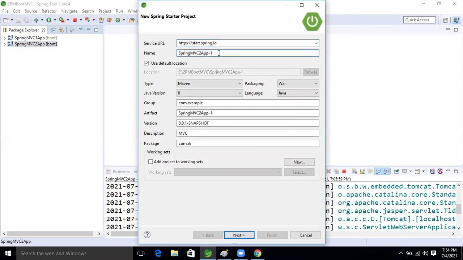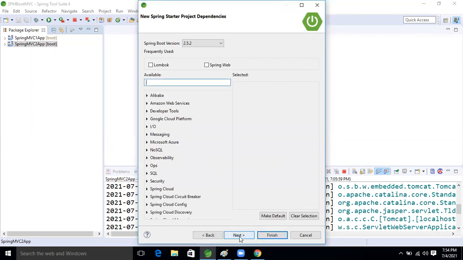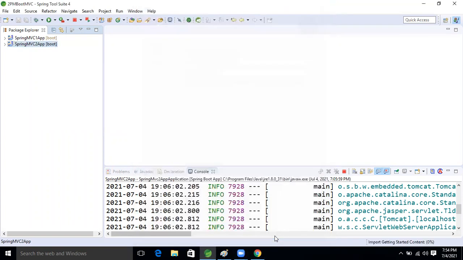Here I'm going to take the third application. Change to jar. Next, I'm going to take Spring Web, and Lombok. Next, finish. Ravi, add dev tools also.